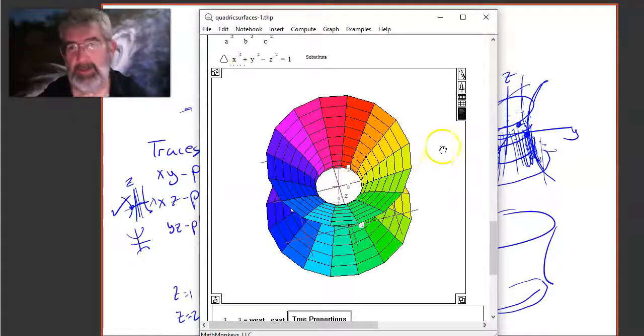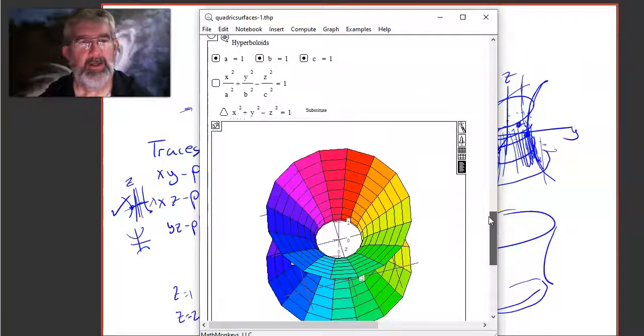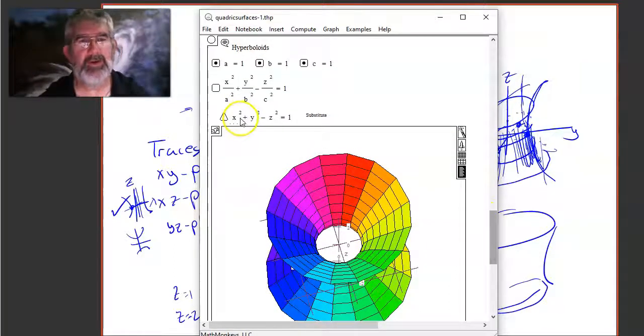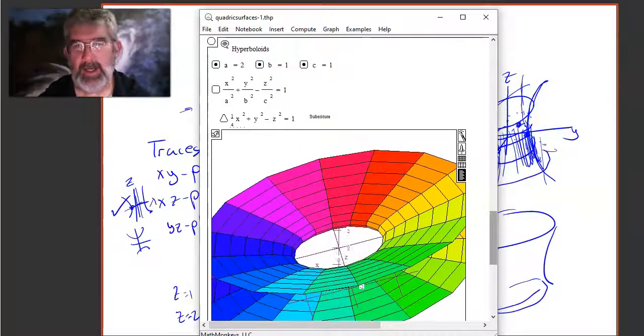Okay. Now, as you change the values of, so this I don't know if I said this yet. We can set these up very much like we did with the ellipsoids, where you want to do x squared over a squared plus y squared over b squared plus, or minus z squared over c squared equals 1, because the a, b, and c determine how wide this thing opens up. So for instance, if I take this a and turn it into a 2, then it's hitting the x-axis at plus or minus 2, where it's hitting the y-axis at